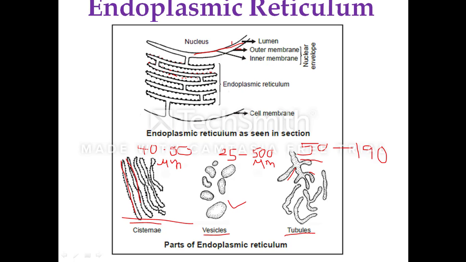Sometimes the cavity of the rough endoplasmic reticulum is very narrow, with two membranes closely opposed, closely pressed, and is much distended in certain cells which are actively engaged in protein synthesis, like plasma cells and the goblet cells. The membranes of the endoplasmic reticulum contain many kinds of enzymes which are needed for various important synthetic activities. Apart from the proteins, it also has the enzymes.